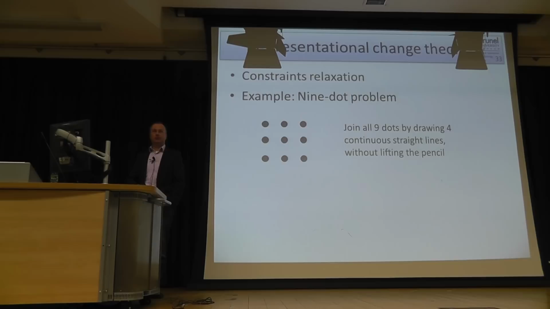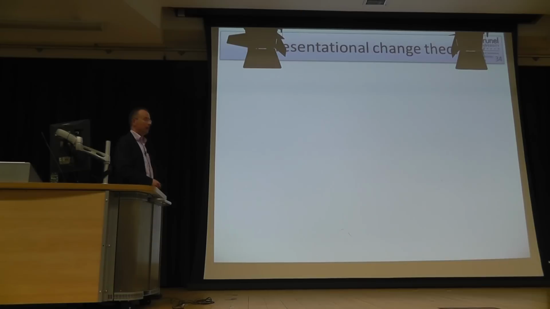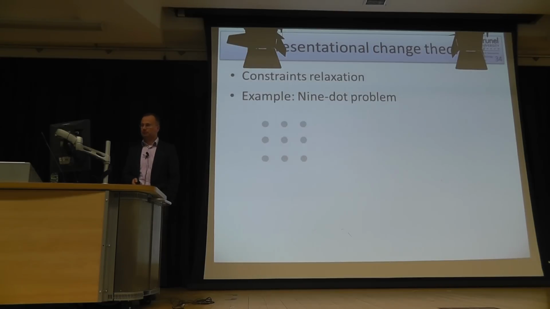Most people find that really a tricky task, a very challenging task. And you may try like that. So this, okay, 2 dots not connected. You may try like that. Again, 2 dots not connected. That's the usual type of way people try to solve that. Okay. Why is it a problem to solve the task?